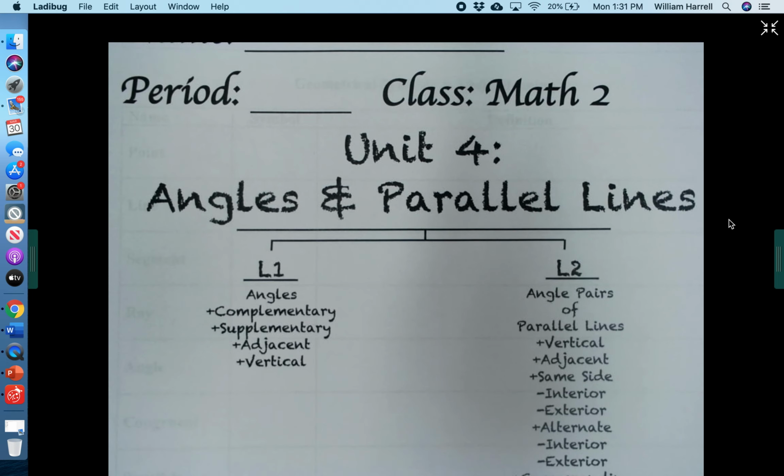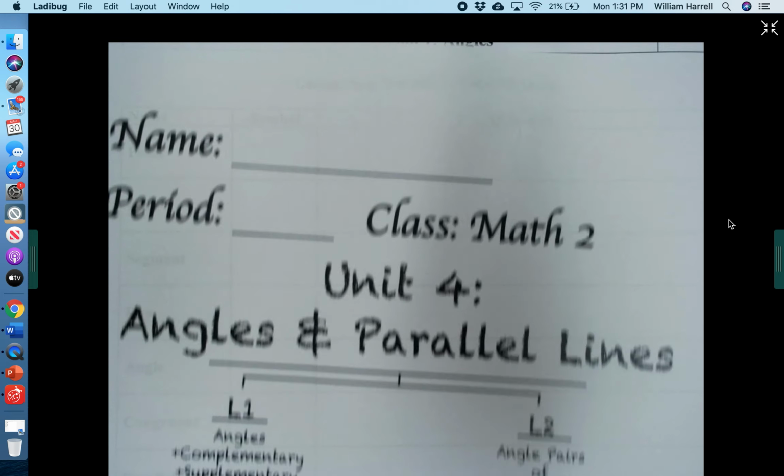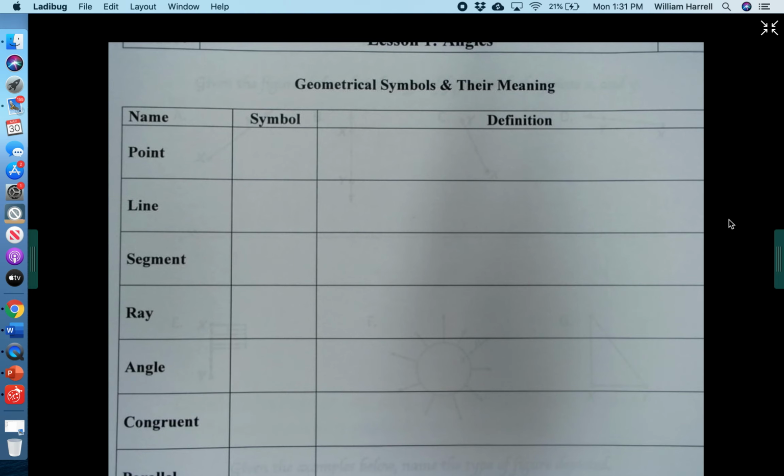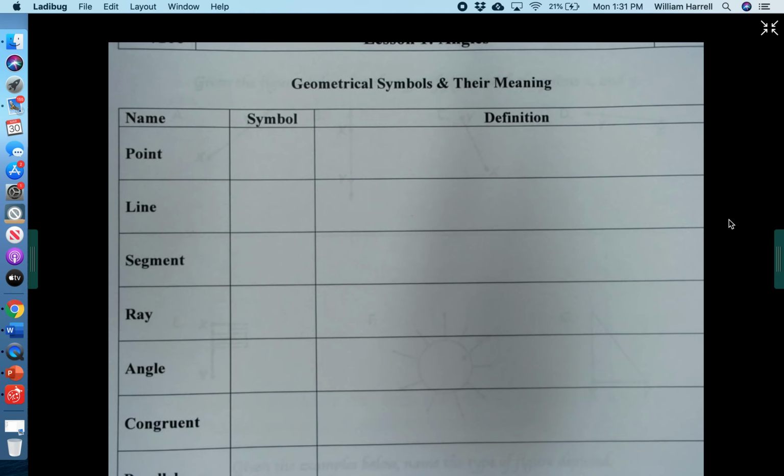We're going to cover 2 lessons. Lesson 1 is just going to be getting us back familiar with the different notation and syntax of things. Also talking about a handful of the big angles that you're going to see in this unit, such as complementary angles and supplementary angles, as well as adjacent and vertical. Today I want to focus on a brief refresher of what lines, rays, points, angles, etc. look like, and also get through complementary and supplementary angles. So without wasting any time, we're going to go over